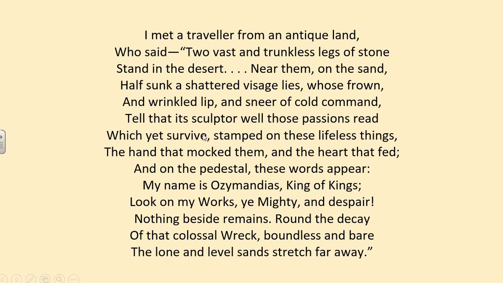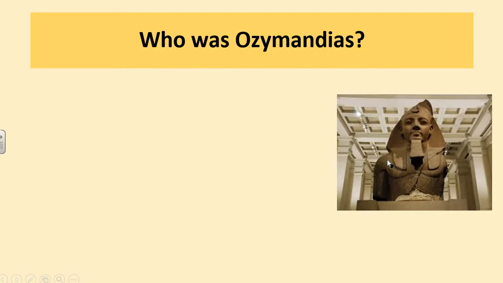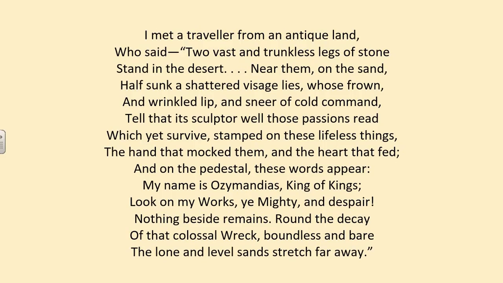So it talks about what the traveller has found, the statue. Then it talks about what the statue looks like. Then here, on line 9, I counted that about 3 or 4 times, it changes direction and it starts to talk to us about what words, what message this sculpture wanted us to read. So that's your Volta in this poem there.